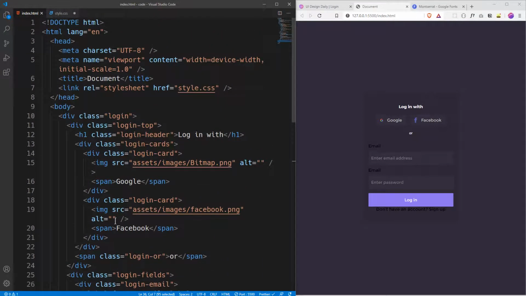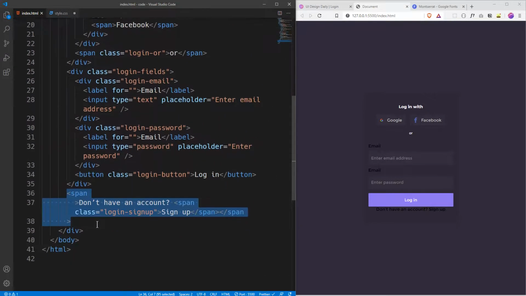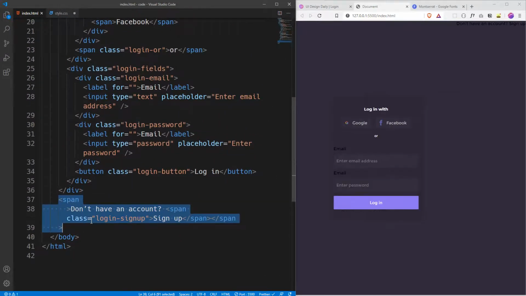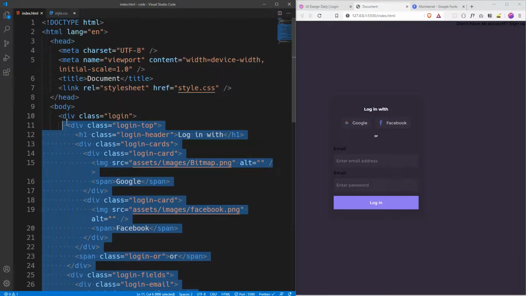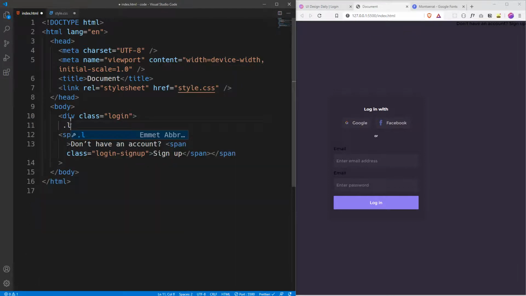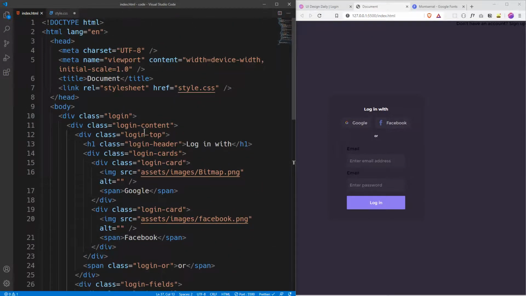So what we can do is, we could put this outside, but that's not gonna work. It's gonna create a full mess. We could create a new div for all of this. Login content, and we could give all